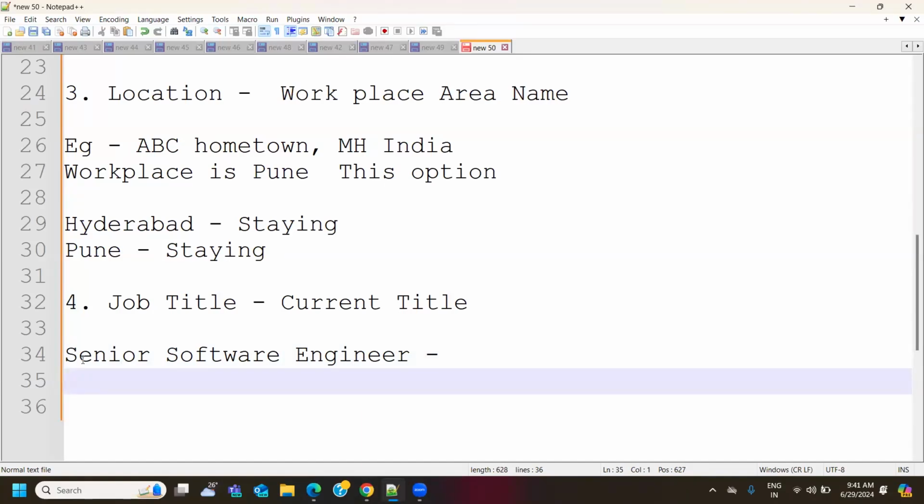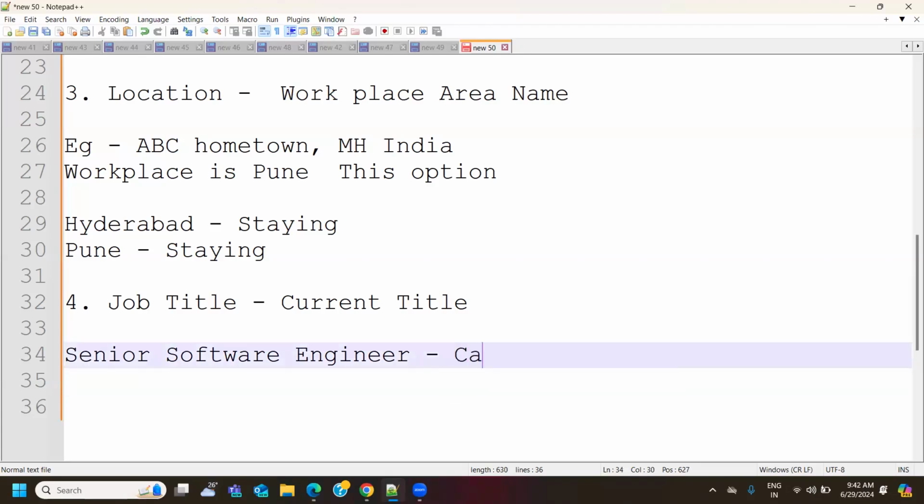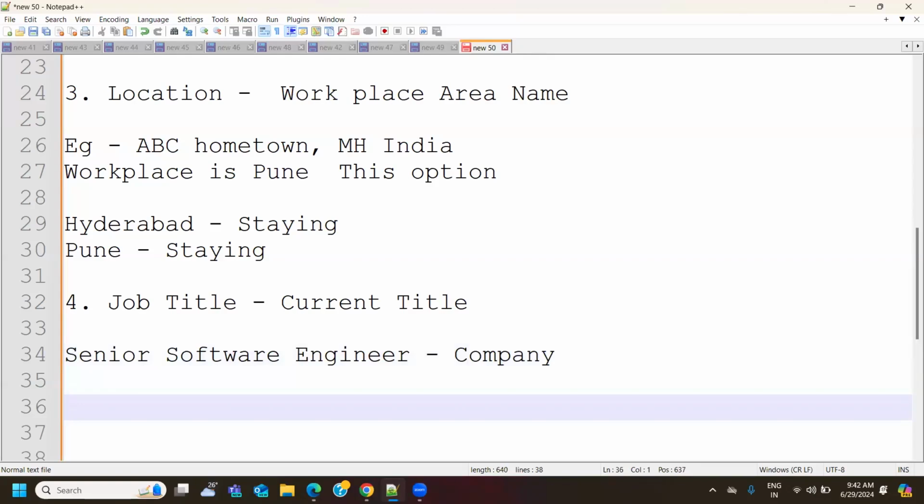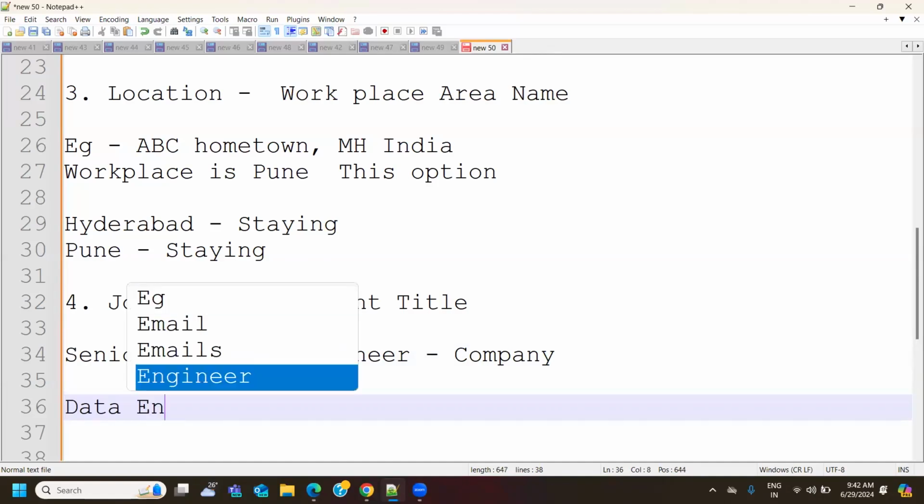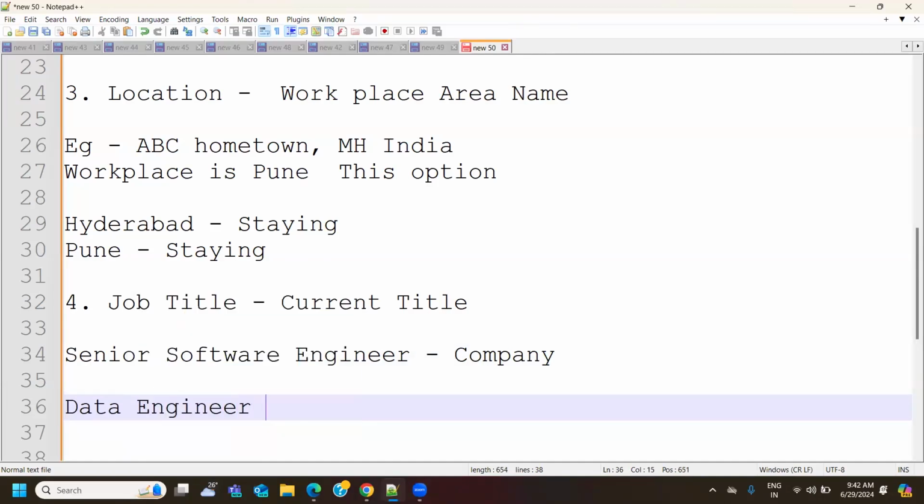But a person who is working like a data analyst, you cannot call that person a software engineer. You should always call that person a data analyst or a data engineer, not a software engineer. So there are some restrictions, or maybe these are not restrictions. These are some random rules or common rules which we follow in the current market. So if you have got a job, or if you have got a role of senior software engineer in a company and you're working as a data analyst, this is merely an example. You can compare it with your role, your aspiring role and your company role also. And that person is working like a data engineer or a data analyst, anything related to data.